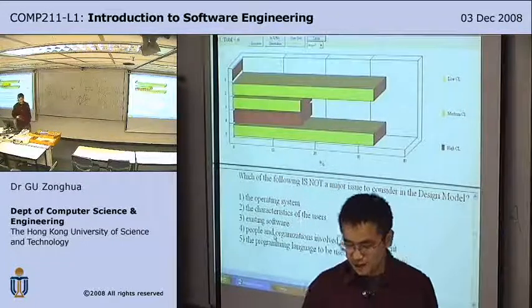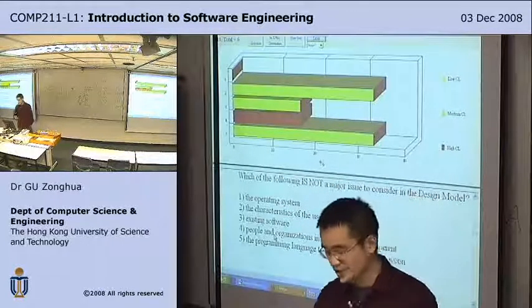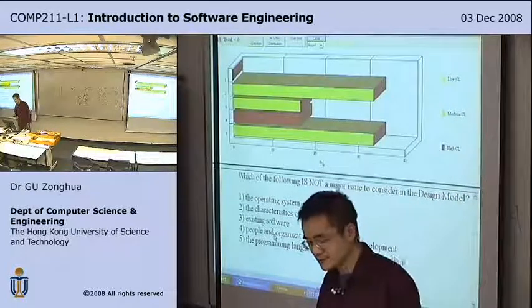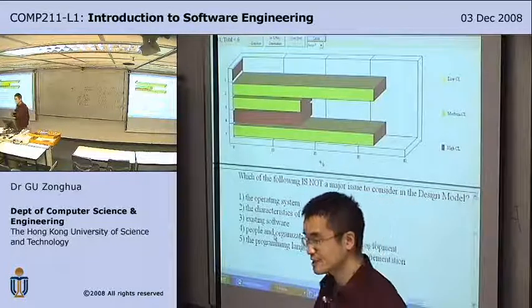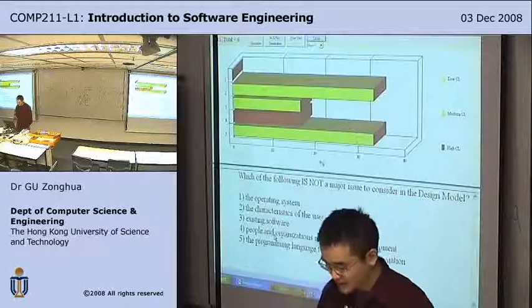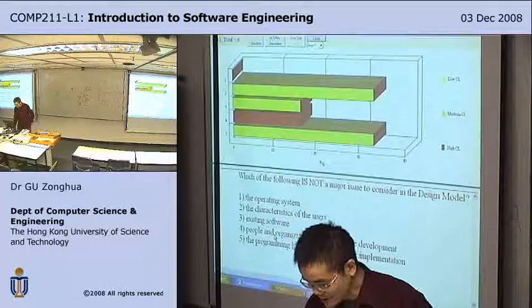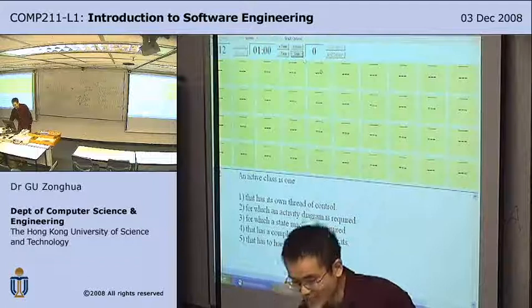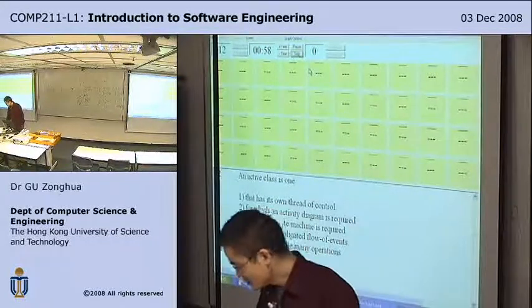And also development, is it distributed or not? Besides the software may be distributed or not, you may have a distributed development team, right? Maybe one team in the US, another team in India. Programming languages, right, these are part of the issue. So the active class is one in which